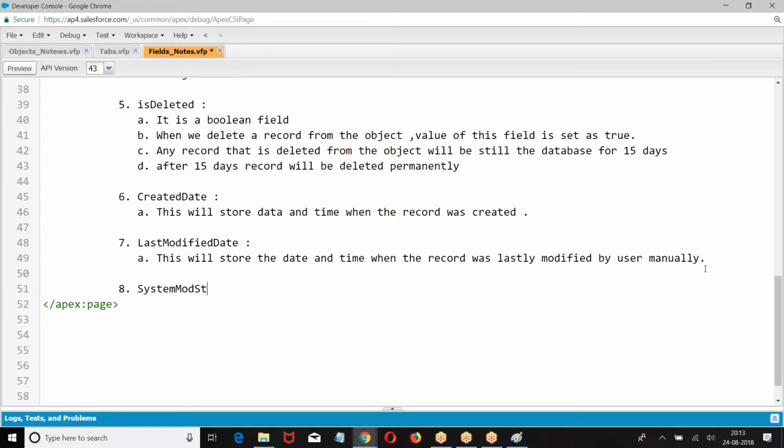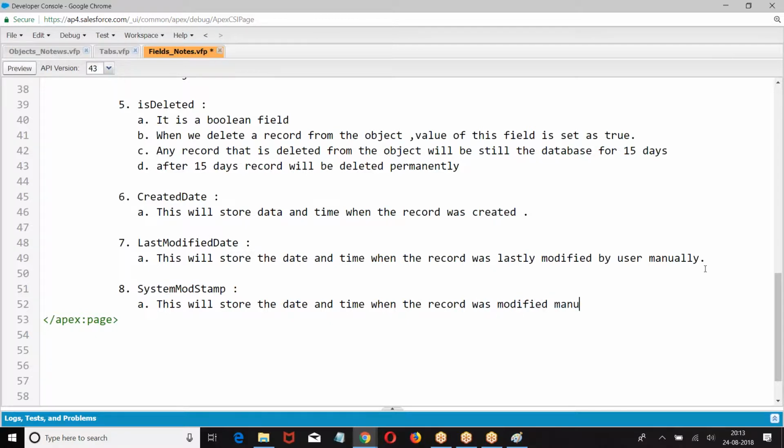SystemModstamp. This will store the date and time when the record was modified manually or programmatically by a user.